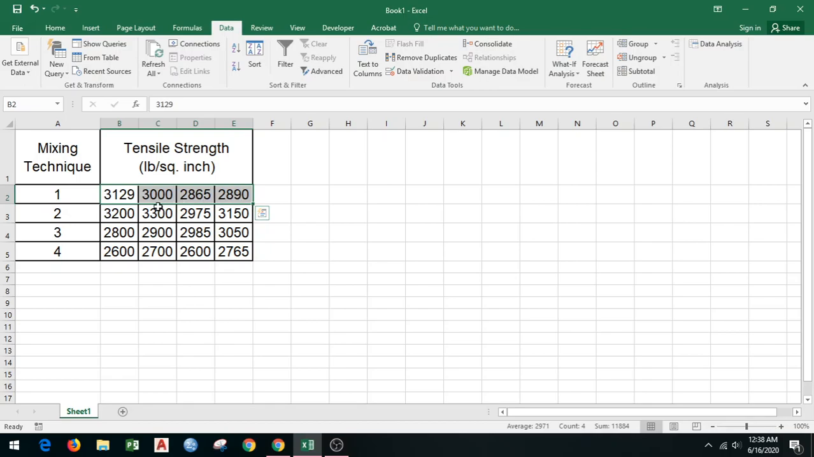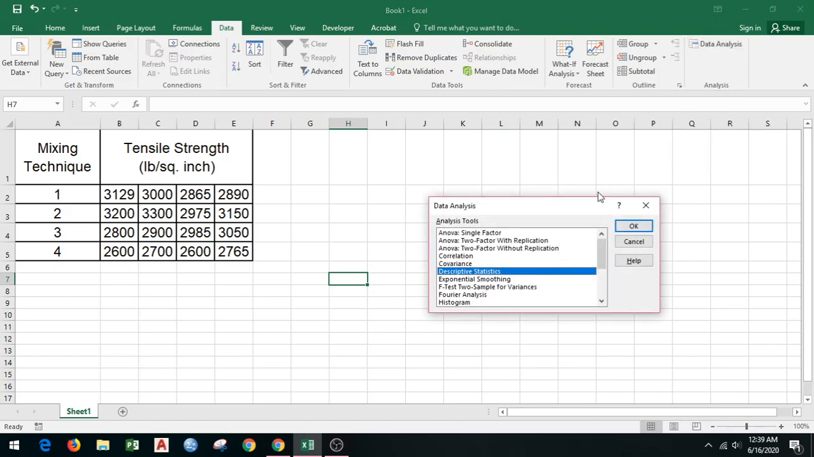Now the data doesn't have to be in this fashion. You can have mixing techniques as your column captions, and the tensile strength, which is in rows, can be in columns, right? So columns can become rows and rows can become columns. It doesn't matter as long as you understand how the table is laid out. Okay, so I'm going to keep it as it is. Then I'm going to click on data analysis, select the analysis of variance single factor, ANOVA single factor, click OK,